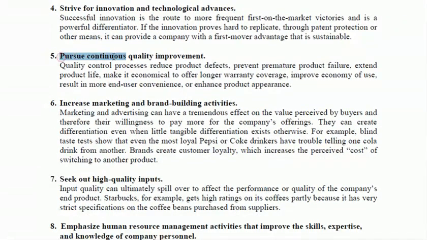And then the fifth one is about pursue quality, continuous quality improvement. Okay, you are a company, you are manufacturing a good quality product, your competitors are trying to achieve the similar quality which you are manufacturing. During that time, you should always have the zeal to continuously improve your quality, so that you will not lag behind your competitors if someone comes with a better quality product with something else. Okay, so a continuous quality improvement thing should be there in the mind of the company to achieve differentiation.